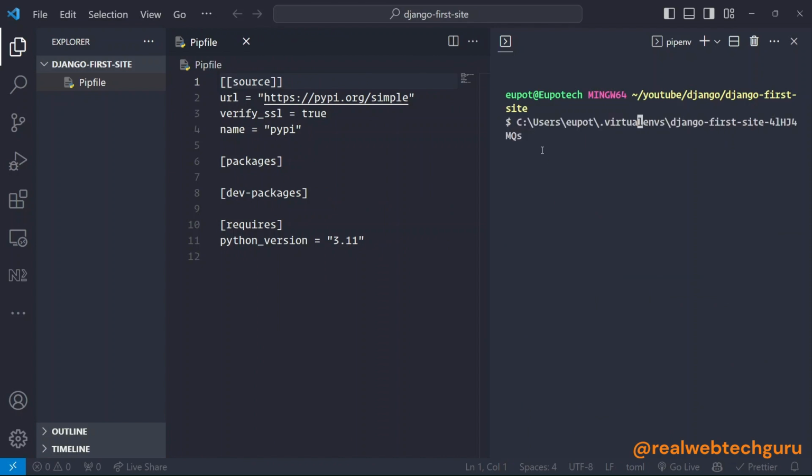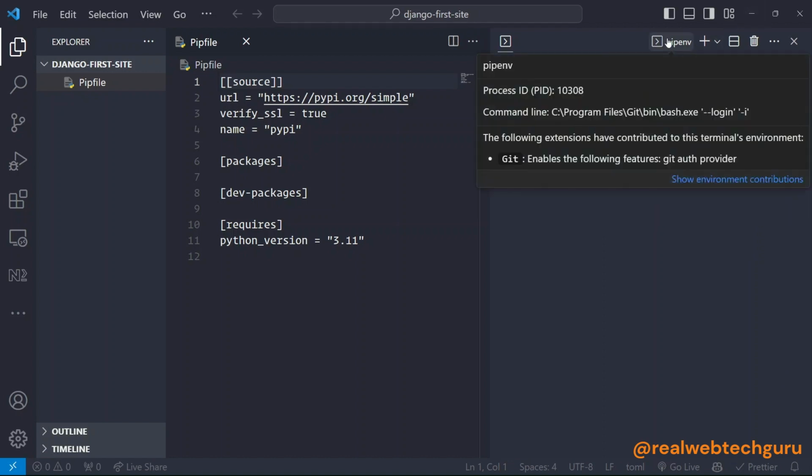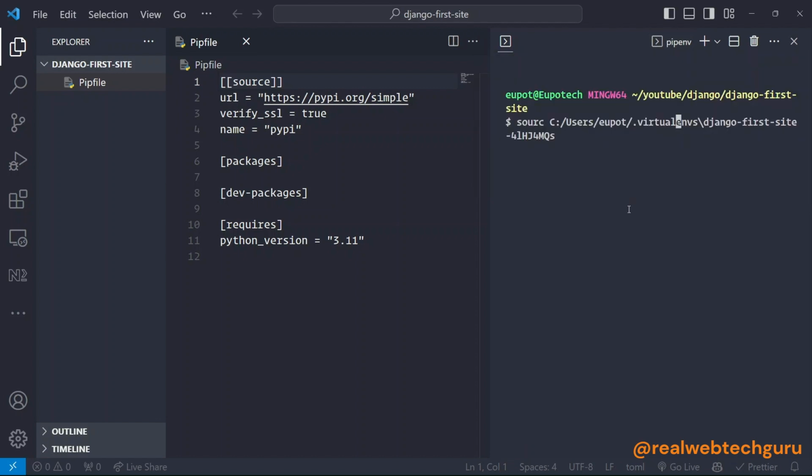The same way we used source in virtual environment, that's the same way we use it in pipenv. The main reason I'm changing this is because I'm using a bash environment, and you can see this one is running on Git Bash. Git Bash is a Linux bash, and it doesn't allow backslashes. Backslashes are just for PowerShell. So